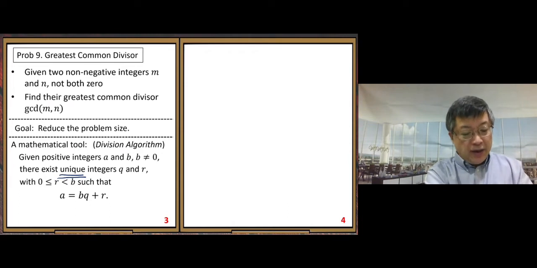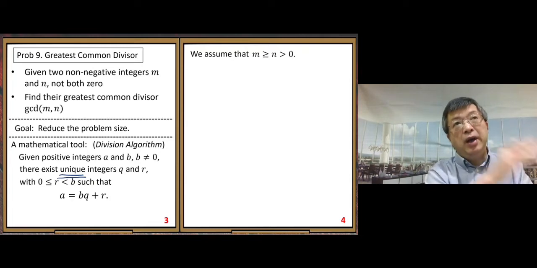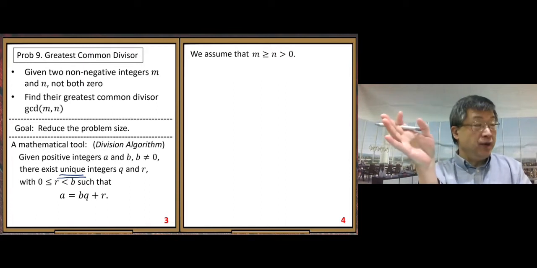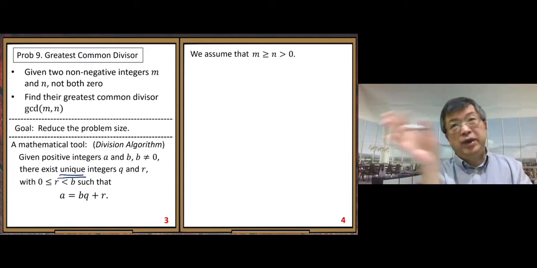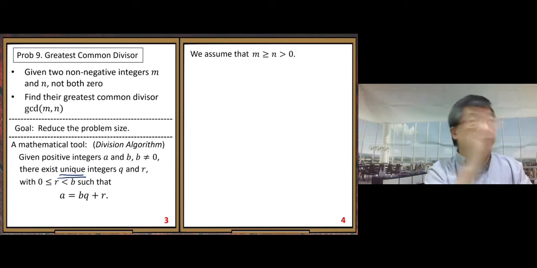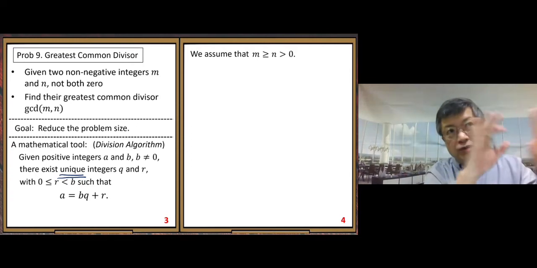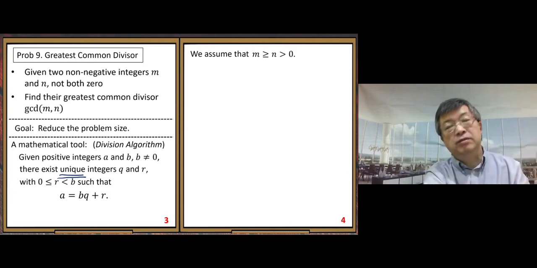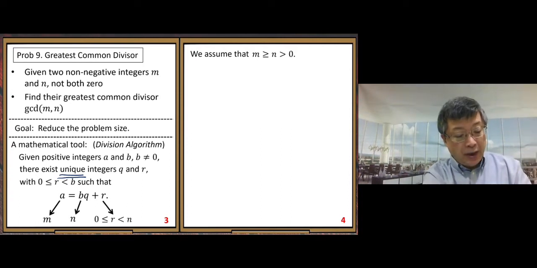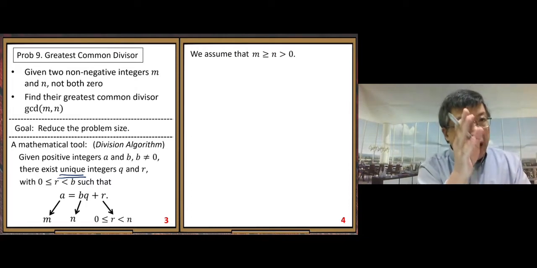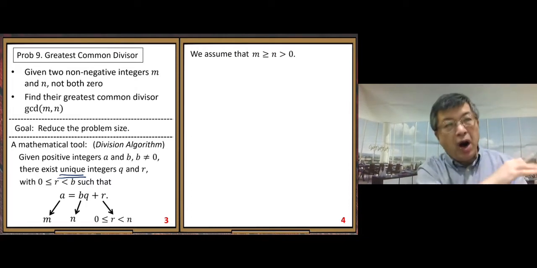All right, so when we use this algorithm, we can assume m greater or equal to n greater than 0, because for the 0 case, we can get an answer immediately. So we exclude those special cases. All right. So when we apply this division algorithm on the GCD problem,